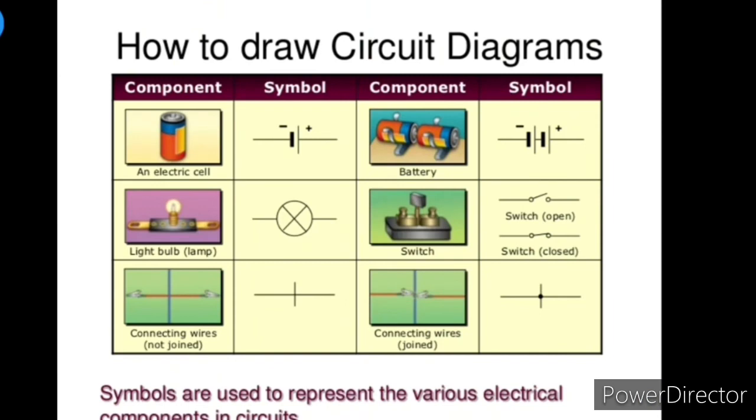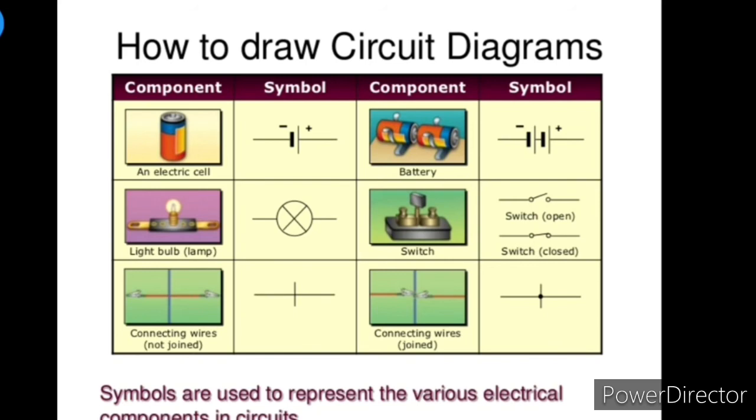Now next one is how to draw a circuit diagram. In this table you see a few components and their symbols. We use symbols to represent the components easily on paper. We are not able to draw every time a cell and bulb and wire. That's why we are using